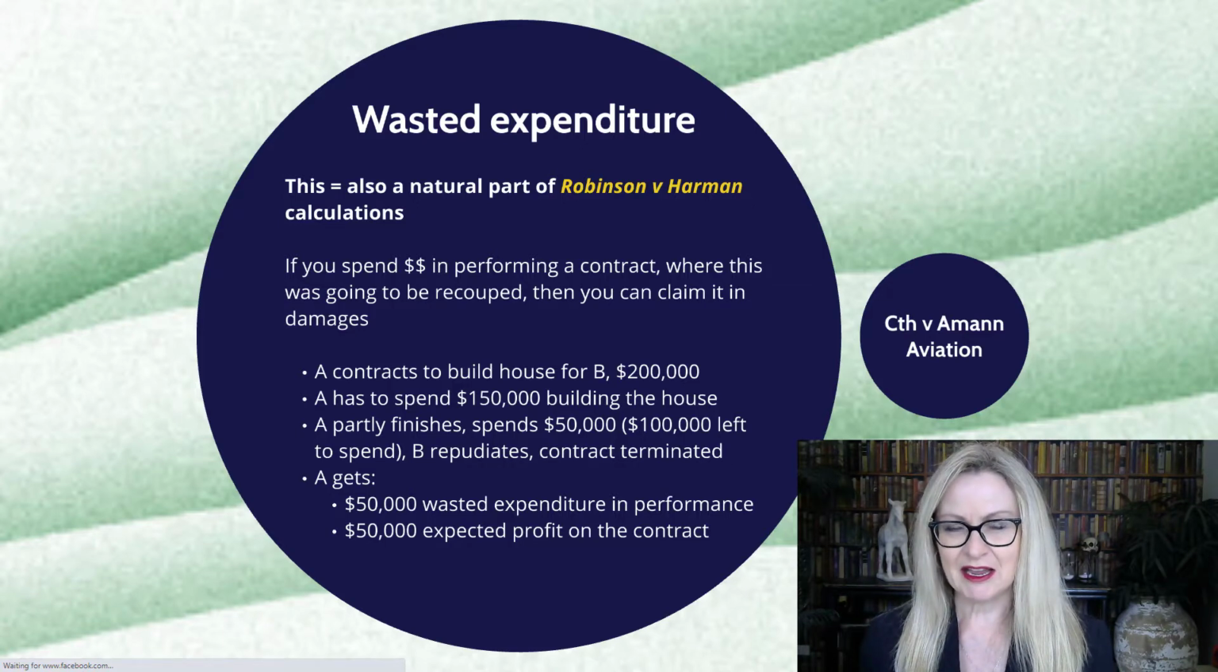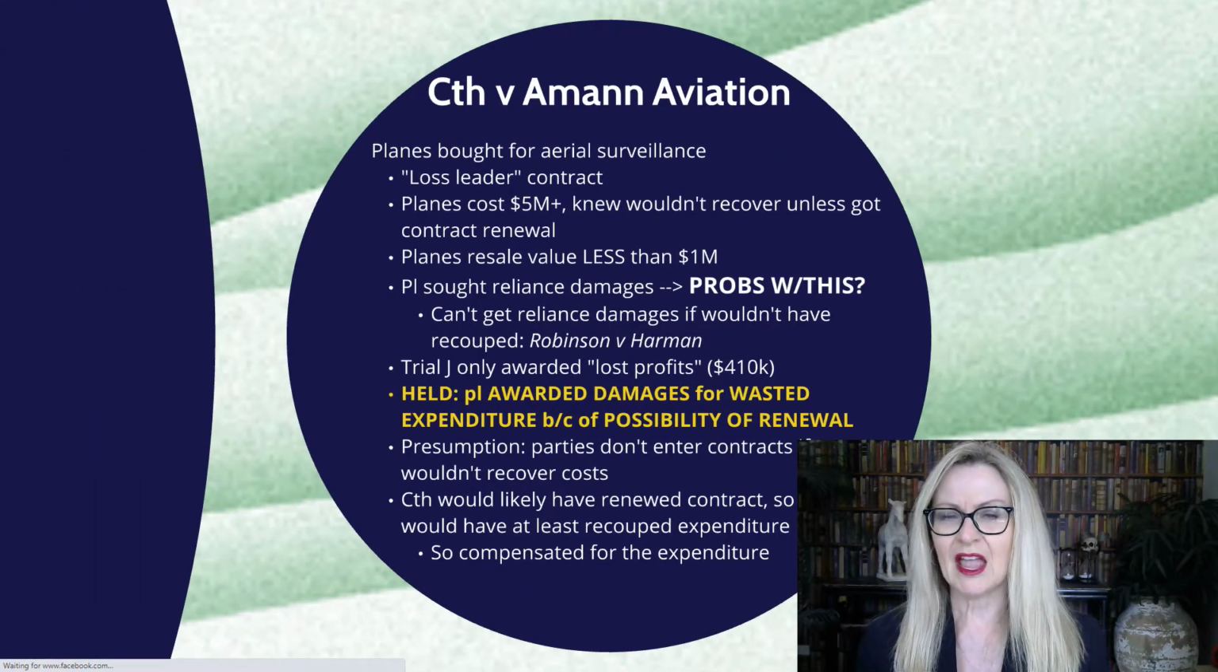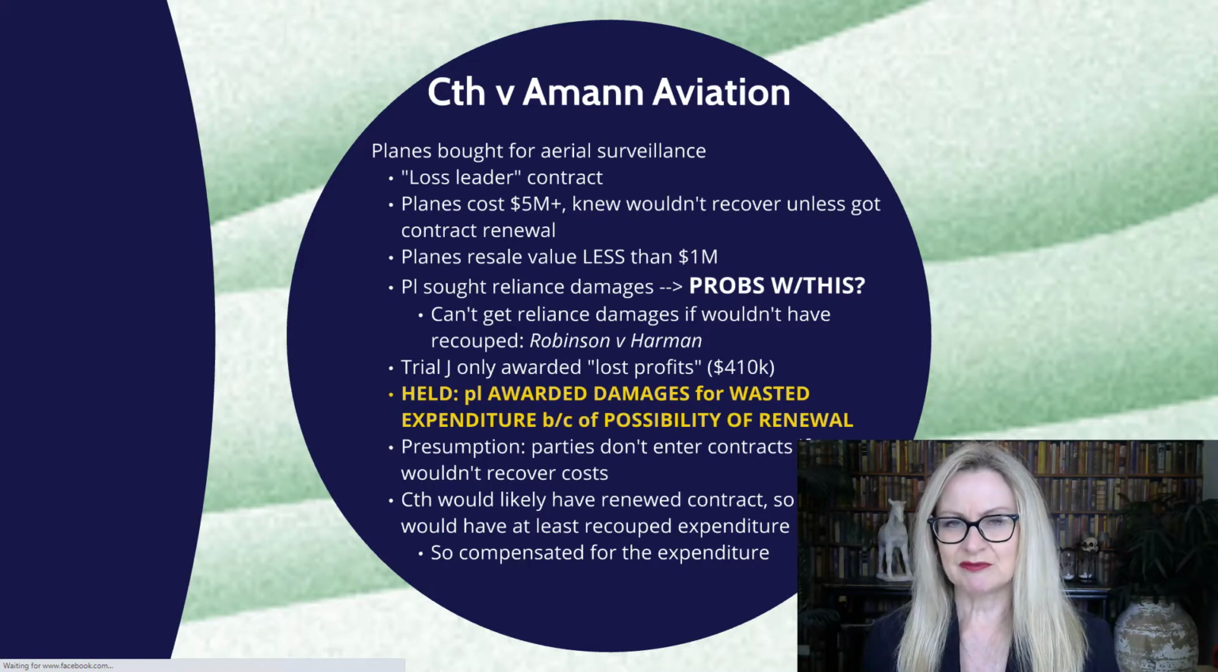Commonwealth v Amann Aviation is the case to look at here. And in this case, Amann had bought some planes for aerial surveillance. The Commonwealth had put out some tenders for quite a lucrative aerial surveillance role up in the top end of Australia. And Amann was so keen to get this contract that it proposed a loss leader arrangement with the